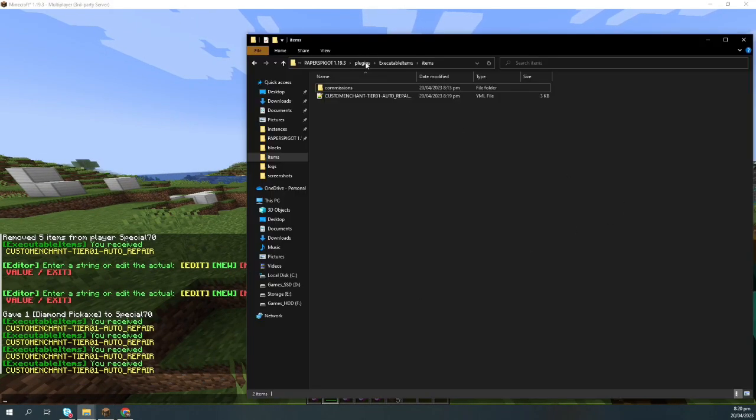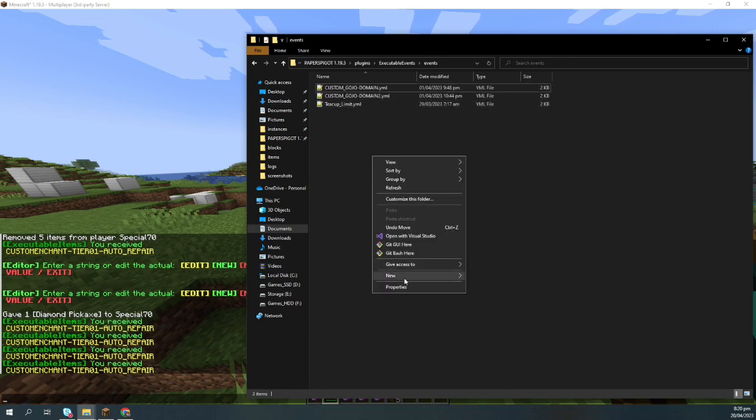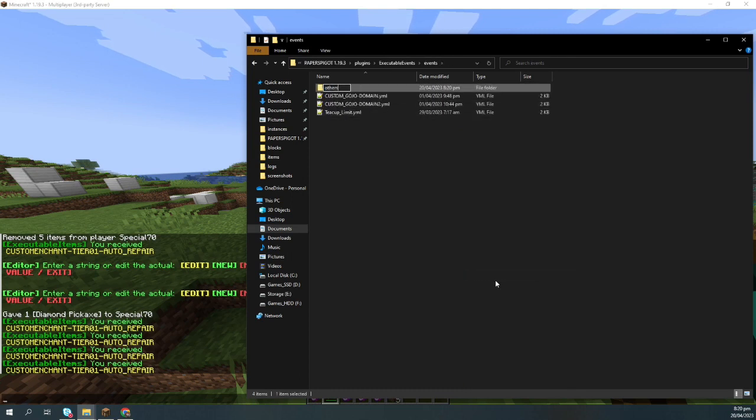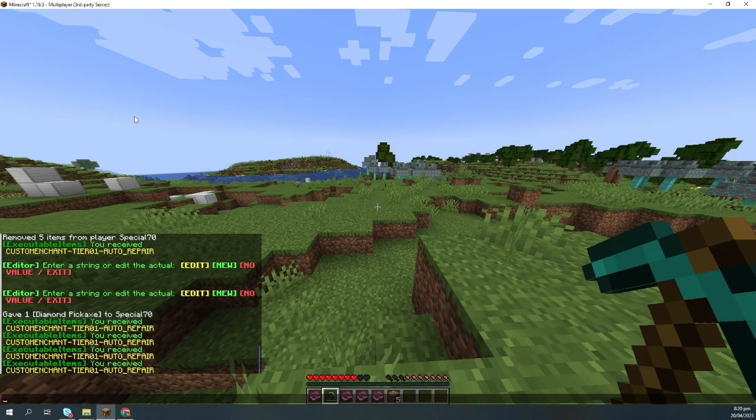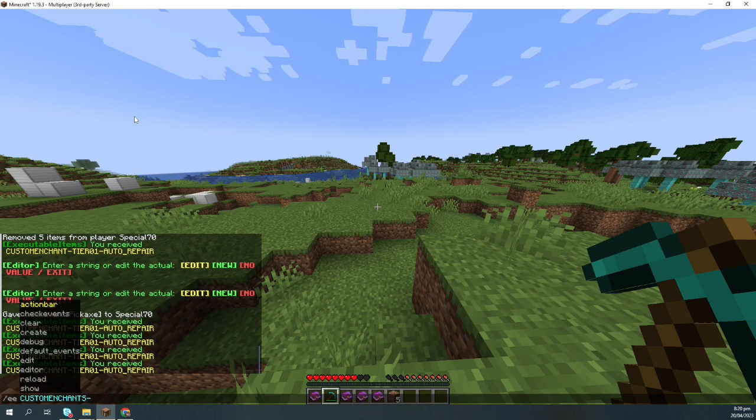Let me just sort my events folder. Okay, let's create an event file, and I will name my stuff in a formatted way,